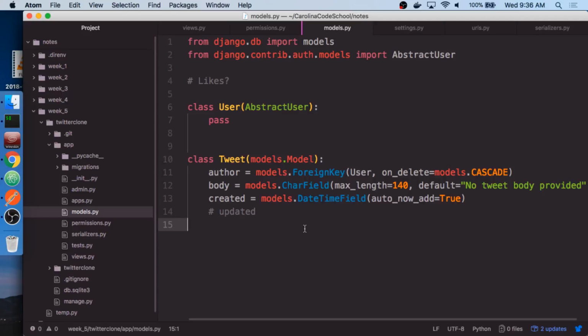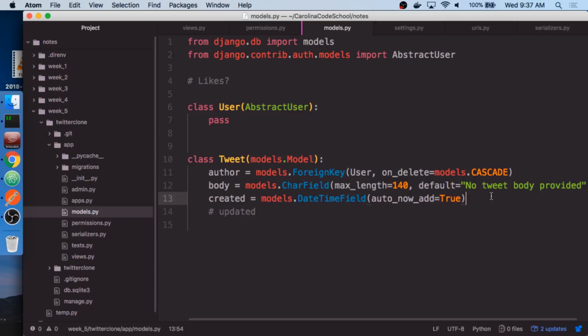All right, so the first thing I want to add to this project is the ability that a tweet can be private. And that's just going to be a Boolean field. It's just a bool field that says true or false. And we're going to default it to false. That way, whenever I make a new tweet, if I don't say that it's going to be private or not, it's just going to have a default value that is applied to it. So that way I can put it in the serializer, and if I don't send it over, the serializer doesn't freak out saying it's required.